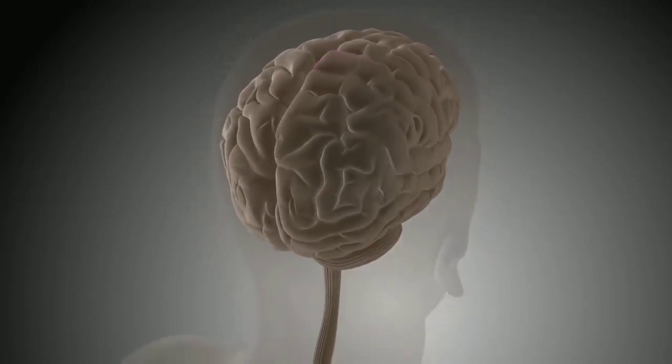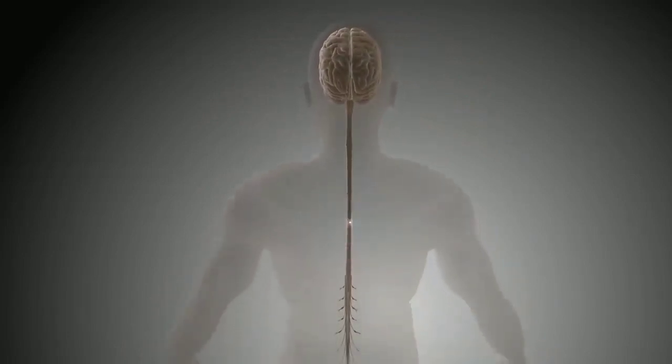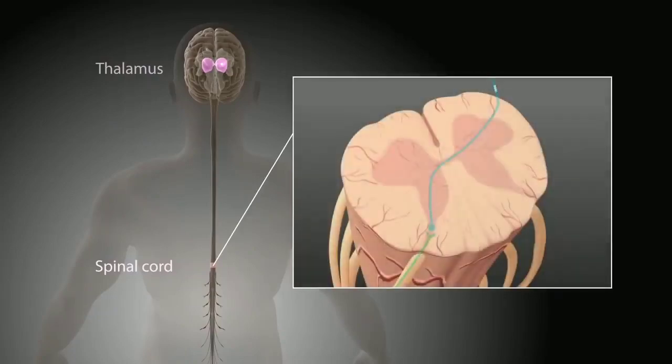However, this is not a direct route. At least 2 connections have to be made. It's at these relay stations, which include the spinal cord and the thalamus, that pain signals can be regulated by the brain. Let's take a closer look at the first relay station, located in the dorsal horn of the lumbar